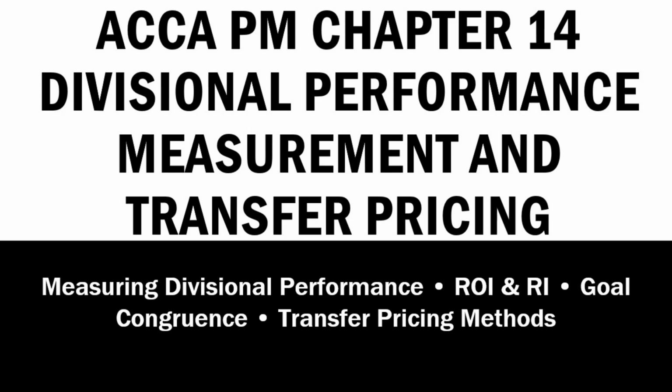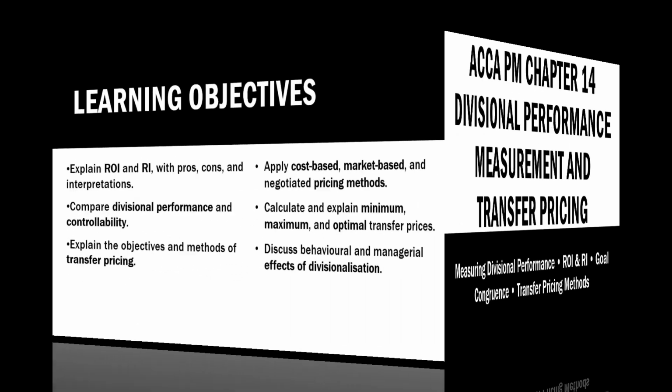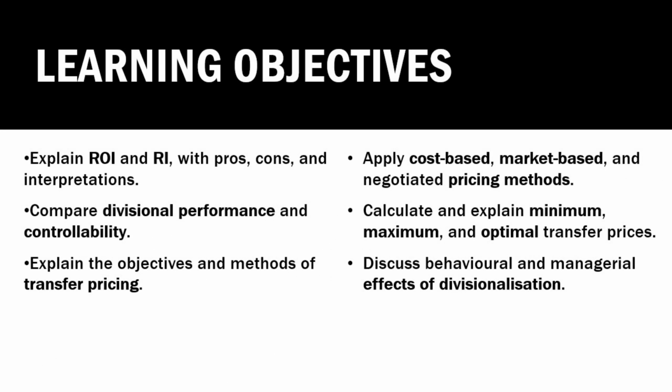Welcome to ACCA Performance Management Chapter 14, Divisional Performance Measurement and Transfer Pricing. In this lesson, we'll explore how large organizations measure divisional results and set internal prices for goods or services. By the end, you'll understand ROI, transfer pricing methods, and how to calculate the optimal transfer price that ensures fairness